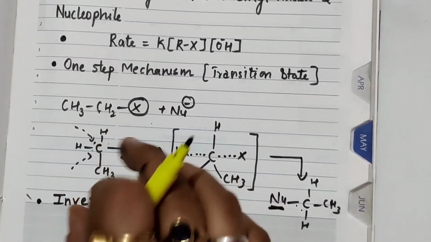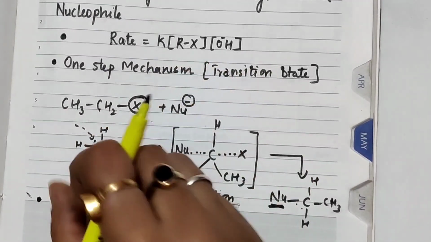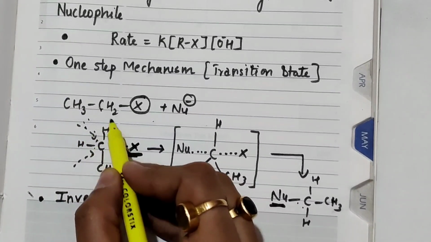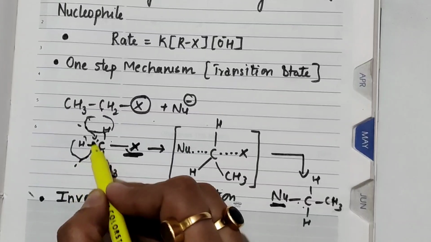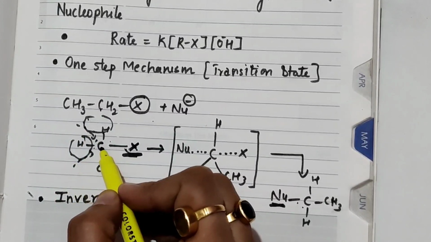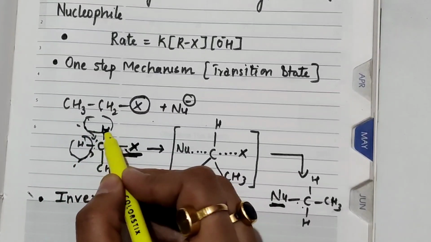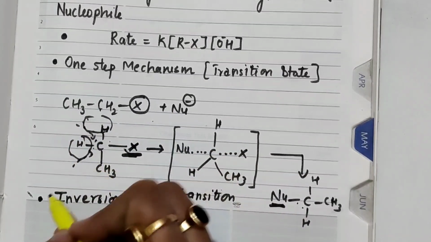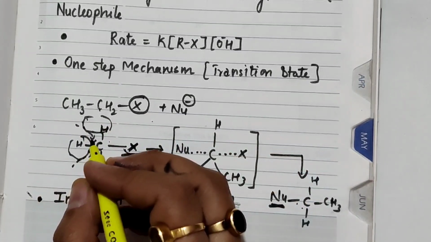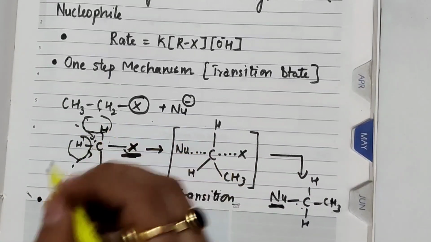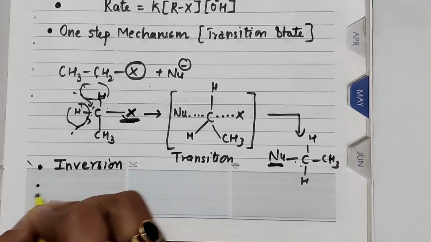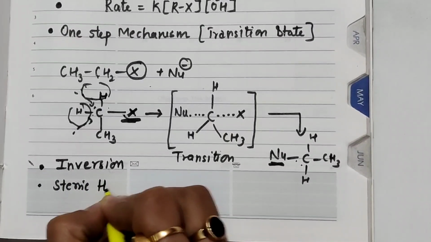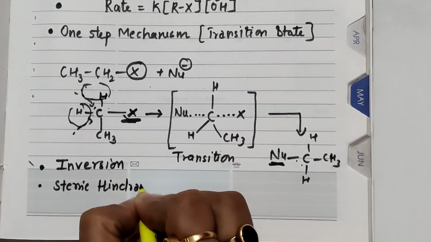Now here it is controlled by the steric hindrance factor. If there is a bigger alkyl group present here, then it will be very difficult for a nucleophile to approach this carbon. अगर ये दोनों ही हाइड्रोजन की जगह कोई बल्की ग्रुप हुआ तो इस न्यूक्लियोफाइल का यहाँ अप्रोच करना क्या हो जाएगा? डिफिकल्ट हो जाएगा. सो मीनिंग दिस रिएक्शन रिएक्टिविटी इज कंट्रोल्ड बाय द फैक्टर ऑफ स्टेरिक हिंड्रेंस. ग्रेटर द स्टेरिक हिंड्रेंस, लेसर विल बी द रिएक्टिविटी.